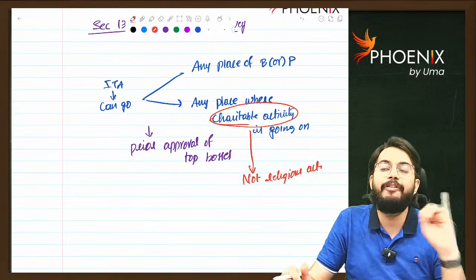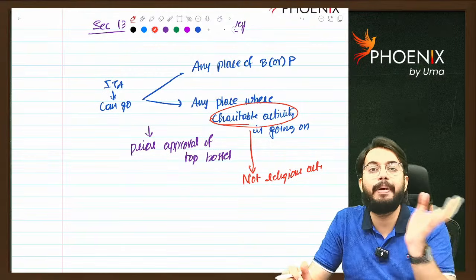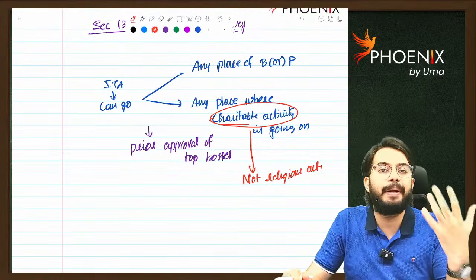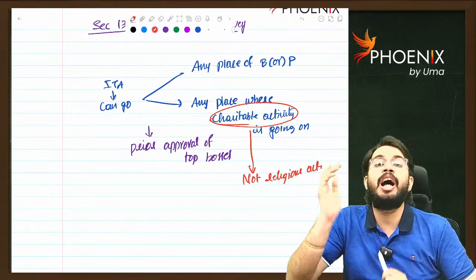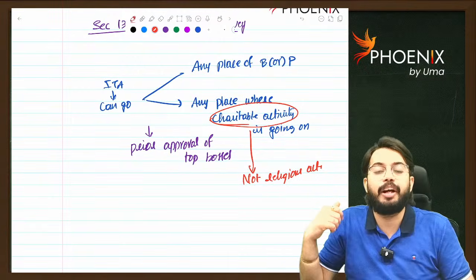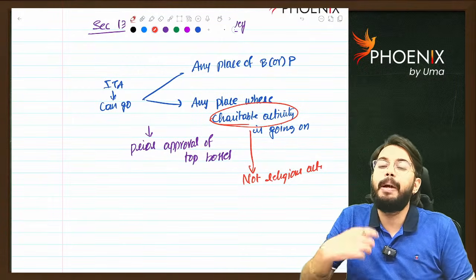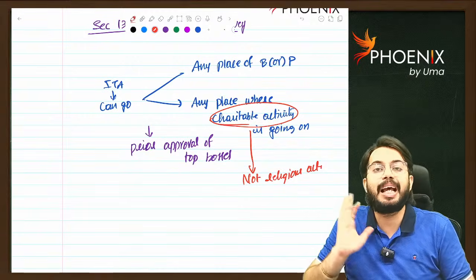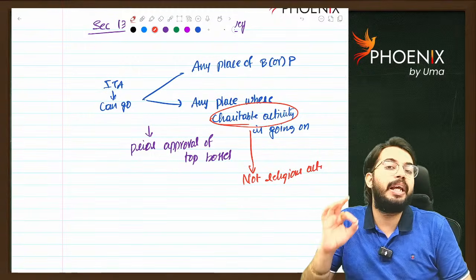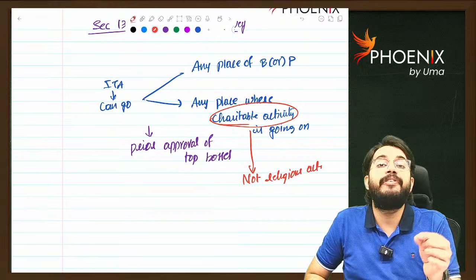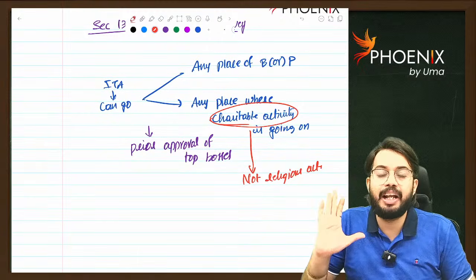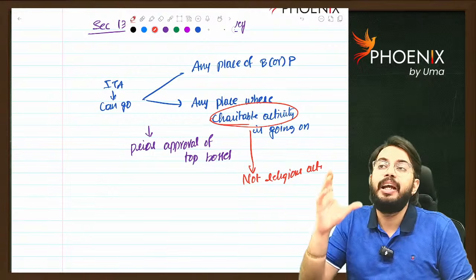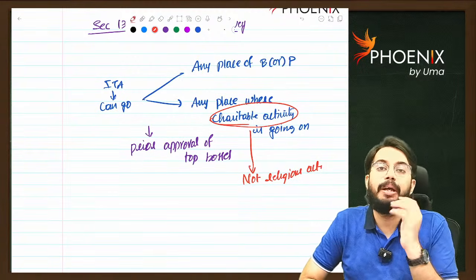Okay, so they will verify cash, they will verify stock, compare with books of accounts, they will take printouts, they will take extracts, they will keep identification marks. They also have power to impound books of accounts. Impound books of accounts means what? My books of accounts will be taken by the income tax department, but maximum they can impound books of accounts for 15 working days, not 15 days. Whatever the working days are there, for 15 working days, the income tax department can impound my books of account.